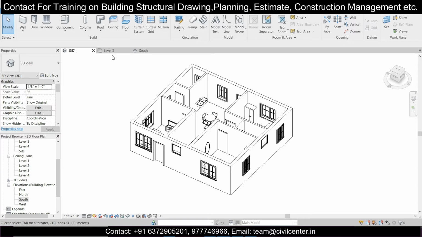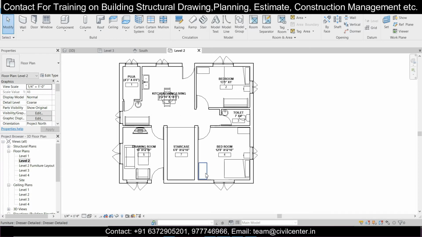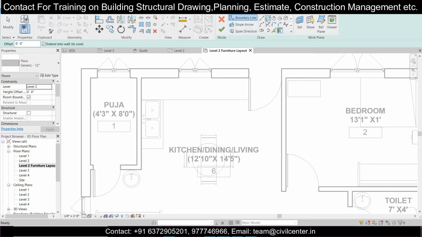After that we'll go to the level in which we are preparing. Let's say we'll go to level 2 here, and we'll have this level 2 furniture layout. So this is the counter here. Let's go to floor, then floor architectural. We'll use these lines to make the floor here. Start from here, and you can edit this type also. So kitchen counter slab, you can just edit this type,